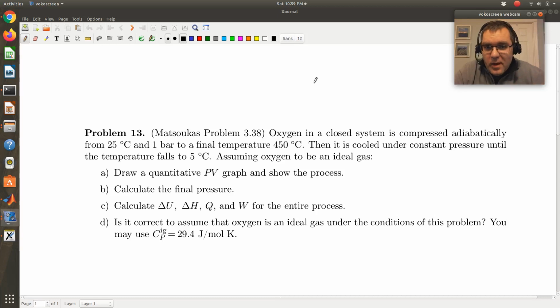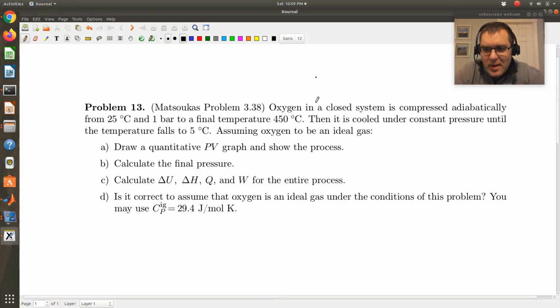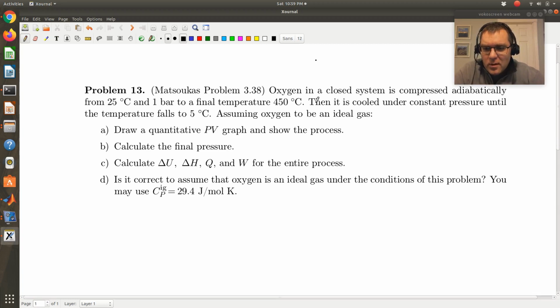All right, let's take a look at problem 13. So we're told that we have oxygen in a closed system that's compressed adiabatically from 25 degrees C and 1 bar to a final temperature of 450 degrees C. Then it is cooled under constant pressure until the temperature falls to 5 degrees C. Assuming oxygen to be an ideal gas,